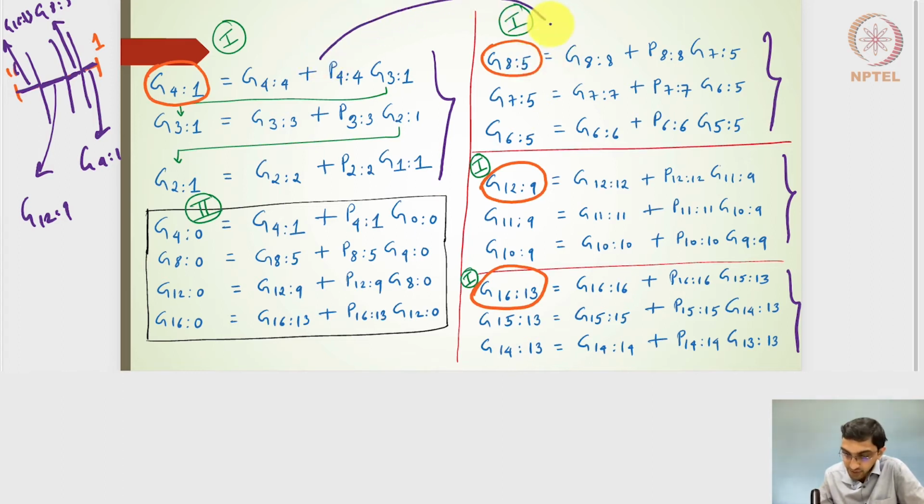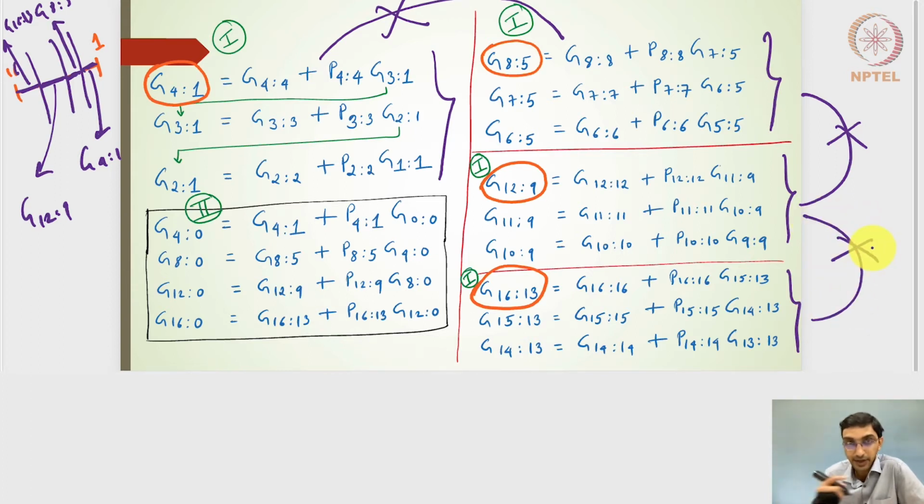So 8:5 doesn't have to depend on 4:1, 12:9 doesn't have to depend on 8:5, 16:13 doesn't have to depend on 12:9, right? So if I logically divide into the 4 groups, then individual groups can simultaneously generate 16:13, 12:9, 8:5,